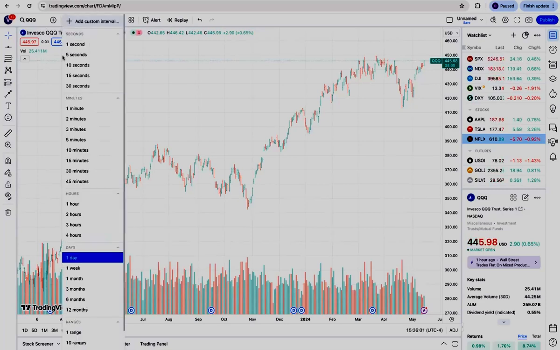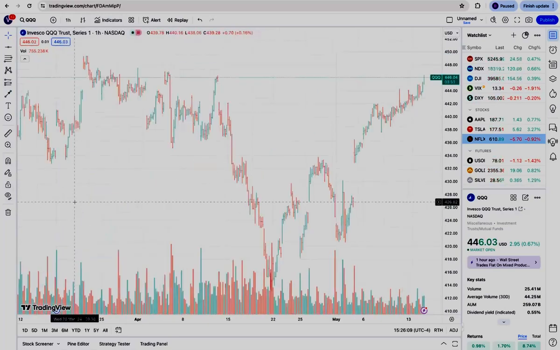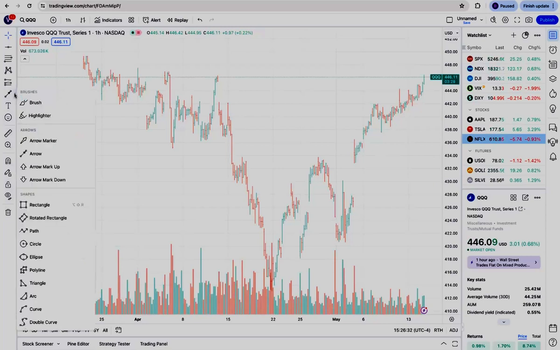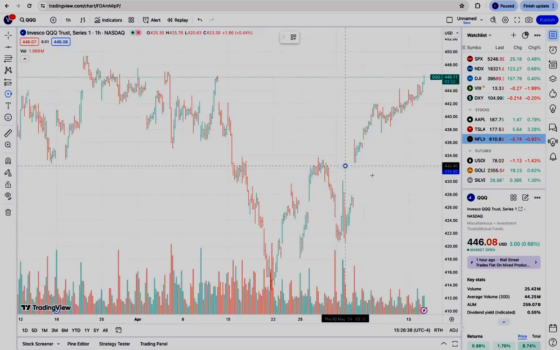But let me zoom in a little bit and show you. So now what we know is buyers have dried up. That means that there's still a desire to buy more. So in a long-term time frame at this point right now, you have to be a buyer. You have to be bullish. But what you know with a lack of buyers is that price needs to pull back down. Price needs to pull back down to see if there's enough buying at these lower prices to push back to a higher price. So can we go higher, or is it in the cards to go higher? And let me show you where prices will come back to.